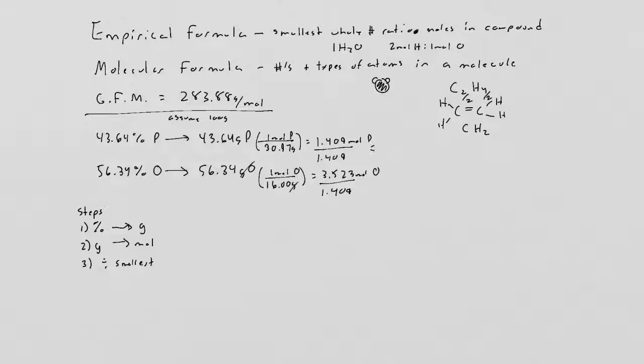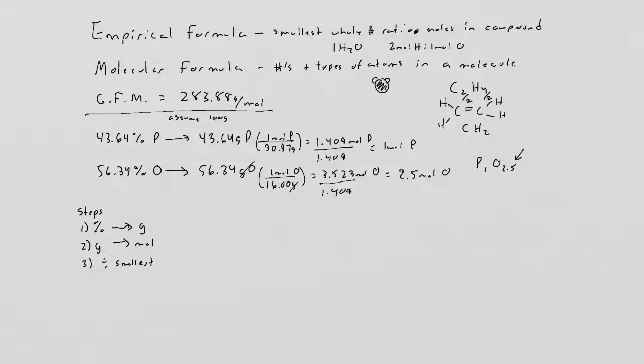Okay, and when we do this, we get 1 mole of phosphorus for every 2.5 moles of oxygen. And what we want to recognize at this point is we have a formula like this, P1O2.5. That's not a whole number ratio. And because this is off in the tenths place, we're not going to round this. So we're not going to say this is P1O3 or P1O2. If it's not near enough to a whole number that it's off by less than a couple of hundredths, we're